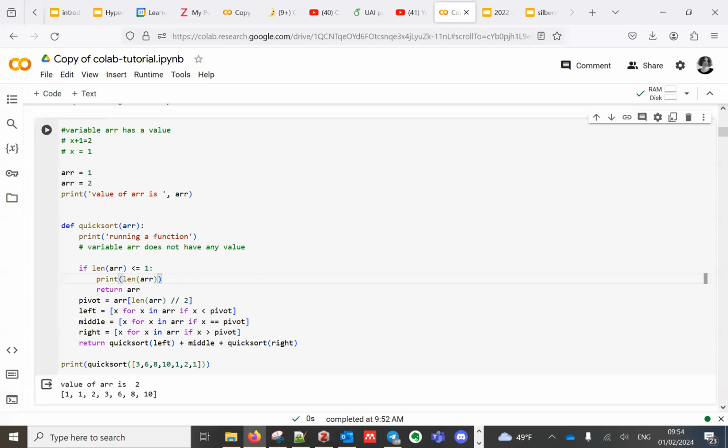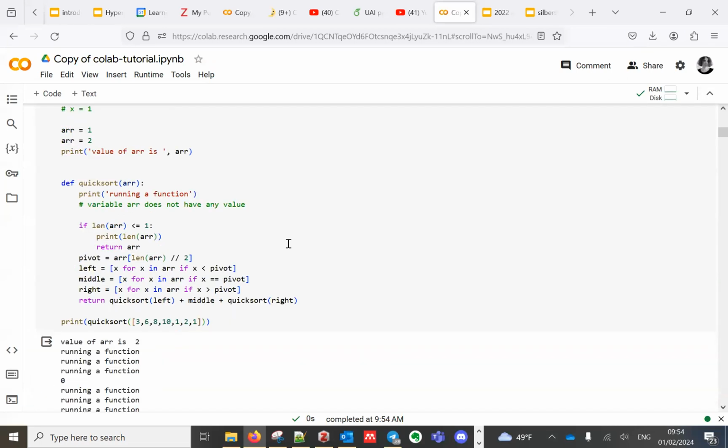And then we can also say, let's print the function len, and let's give this function, okay, wait, okay, good. So here, for example, in this case, ARR is a number, right? So we can say that this is a number.